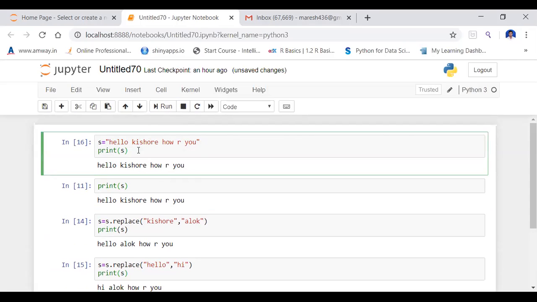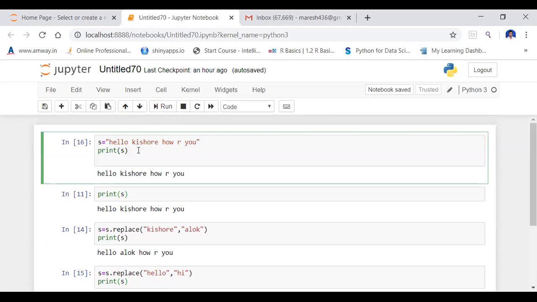Suppose, if you want to understand the difference between those two, I'm going to replace: S dot replace hello with hi, and assign it to S1.